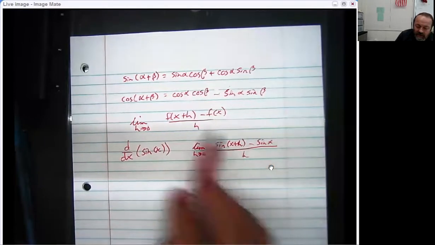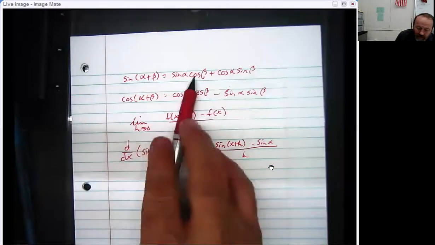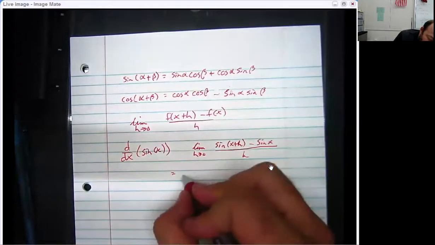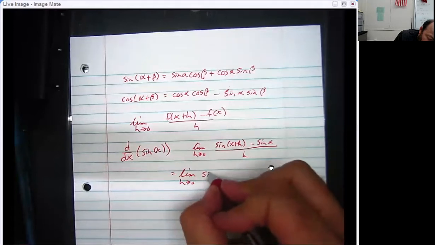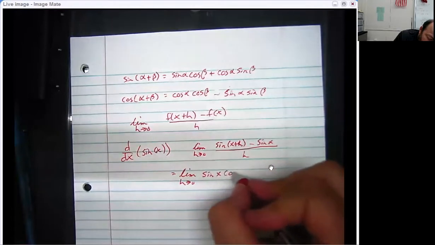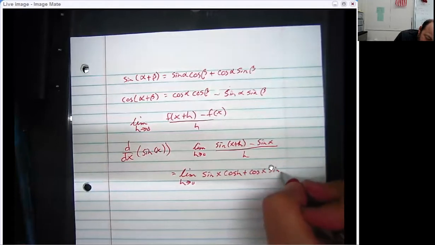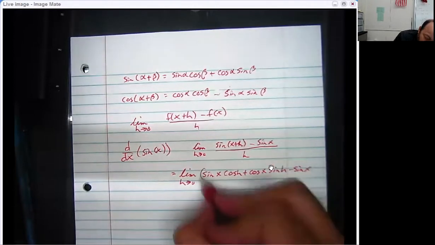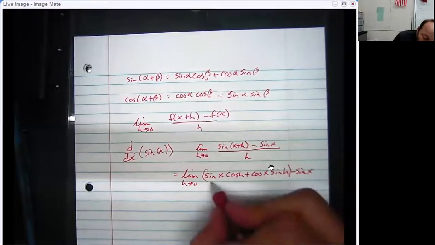Now, this is actually kind of this thing right here where we're calling x alpha and h we're calling beta. So that formula is the limit as h goes to 0. It's going to look bad for a moment, but it would be sine x cosine h plus cosine x sine h. Again, minus the sine of x